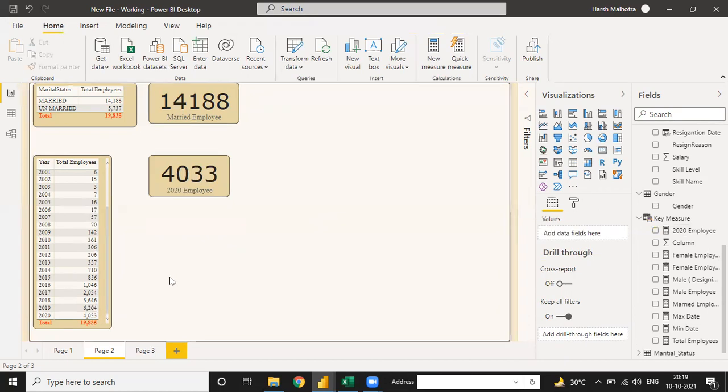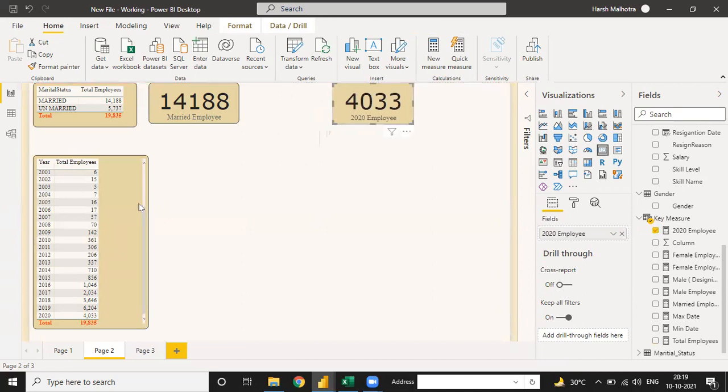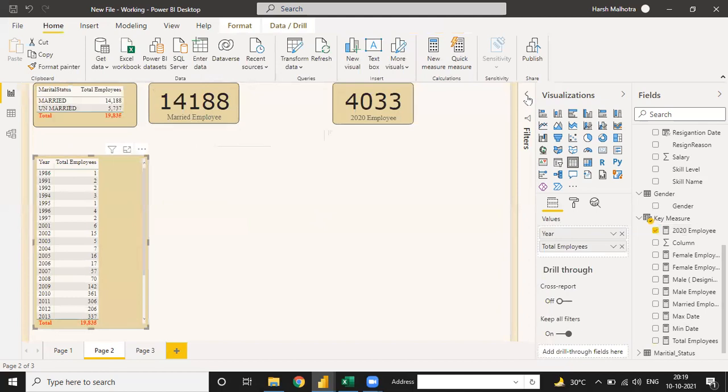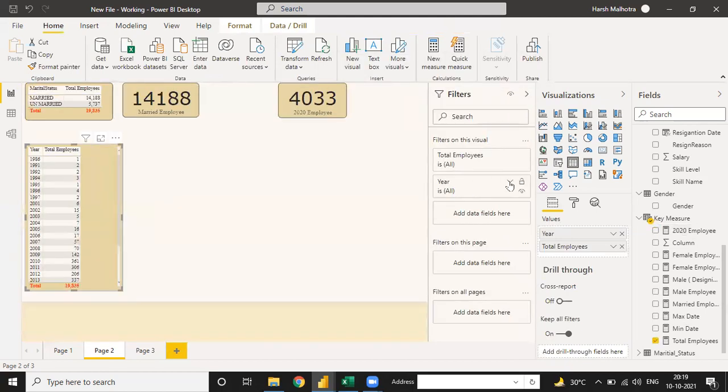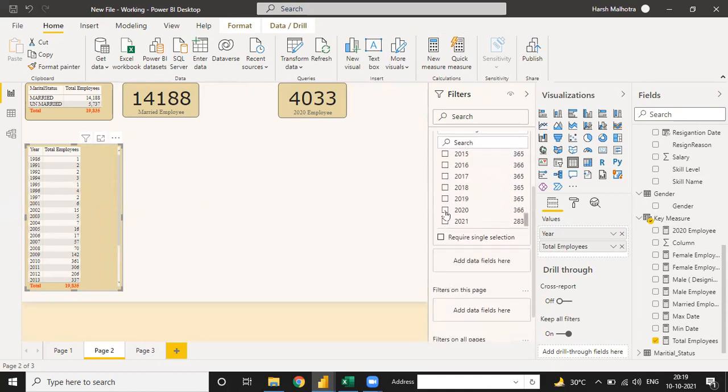So the second thing is, in this date table, if I go to the filter and select only 2020, the value is 520.